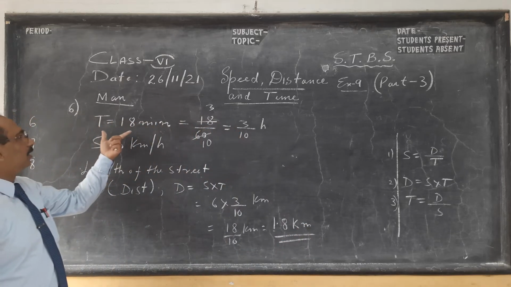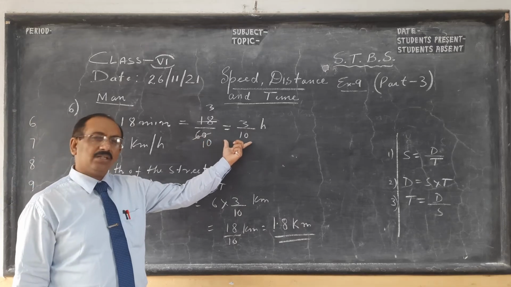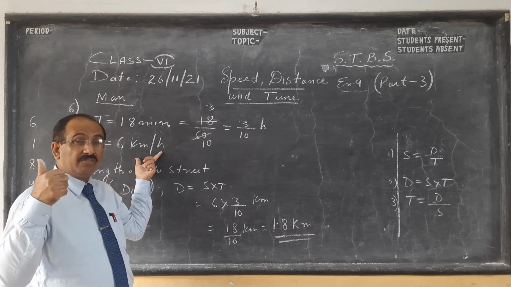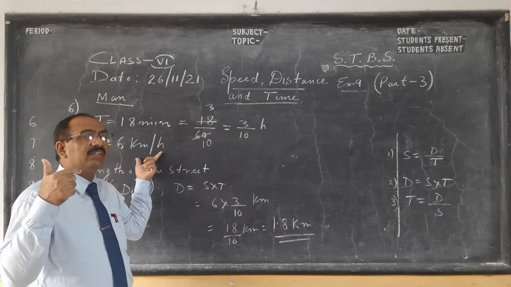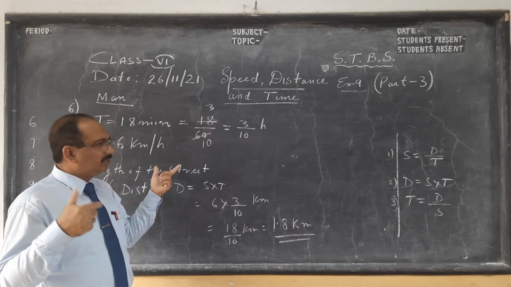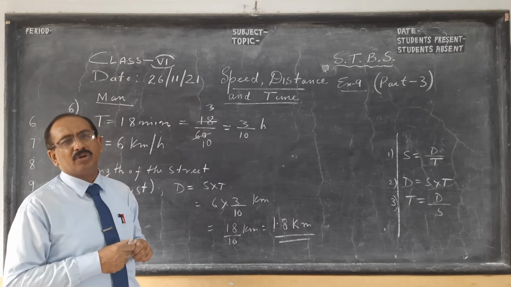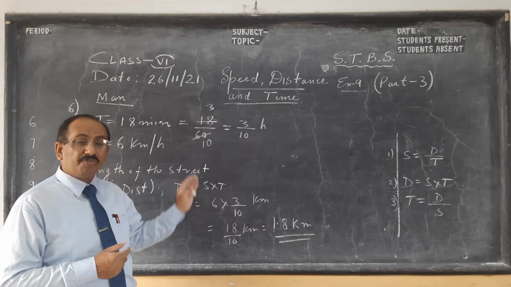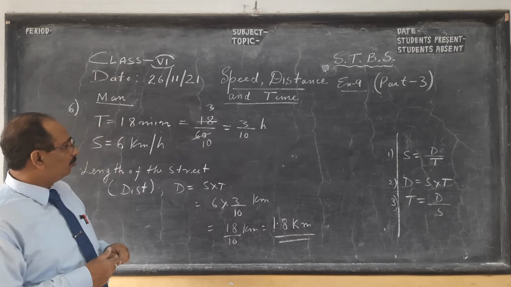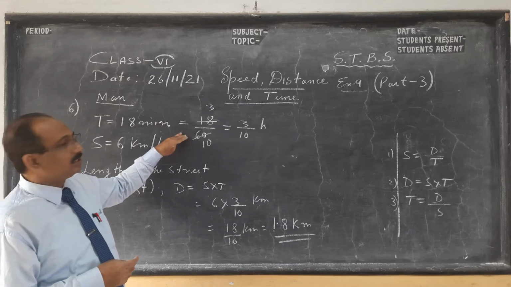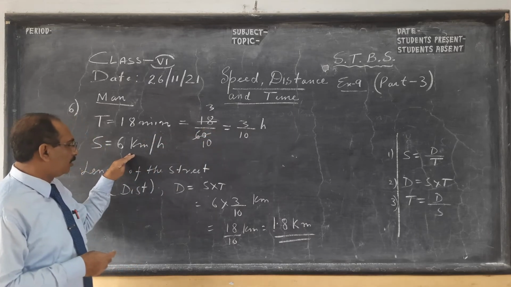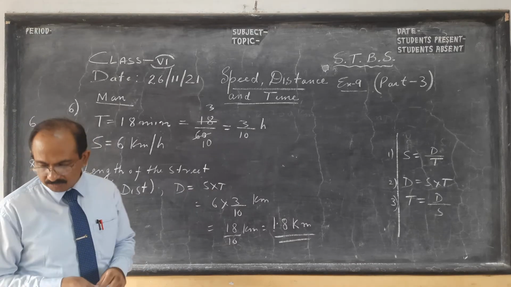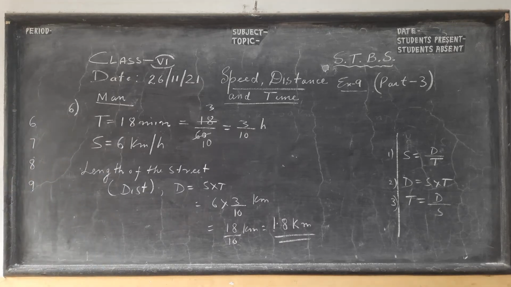So once more, time you have to convert to hour. Another method would have been to convert this to second and this to meter per second. I've taught you the conversion in the very first video. Actually, for class 6 you don't need that much, but since I thought you should know it better at this stage, I have taught you, because that concept is needed from class 8. But it's always better to know a little bit more. So this conversion is easy, converting minute to hour, and then this is kilometer per hour. Then length of the street is distance, and distance is speed into time. So kindly pause the video and copy.